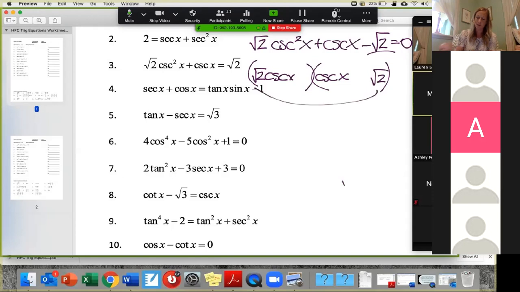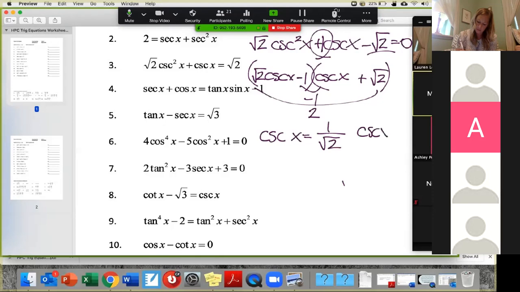And what would root 2 times root 2 give me? 2. And we would want that to be positive, and then this to be the -1, because then that's what would give me -1, and 2 gives me the 1 in the middle there. So it's super interesting the way that one factors. I think you see that again, maybe question 13, or on the next page maybe. So when it solves out, set your factors equal to 0, cosecant equals 1 over root 2,